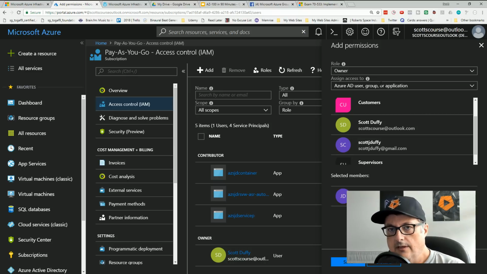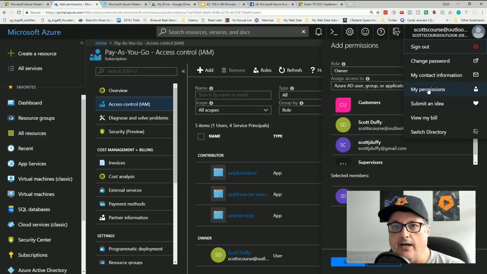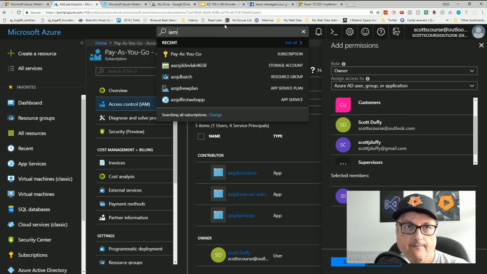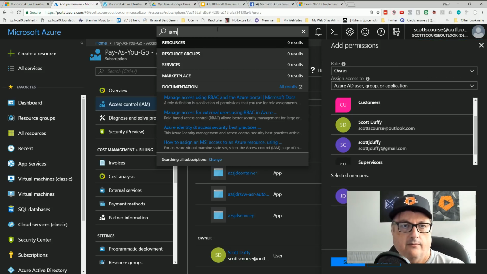So I can basically assign John Doe administrator permissions using this IAM. And you'll remember I got in here as my permissions. I wonder if there's IAM. See, they have results for it.